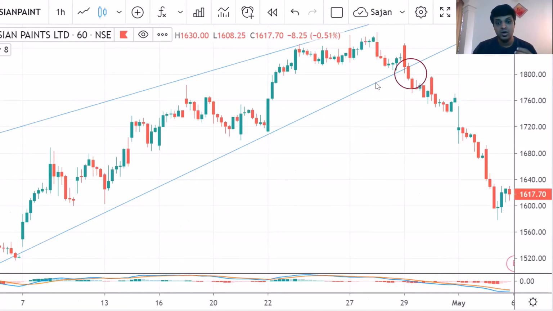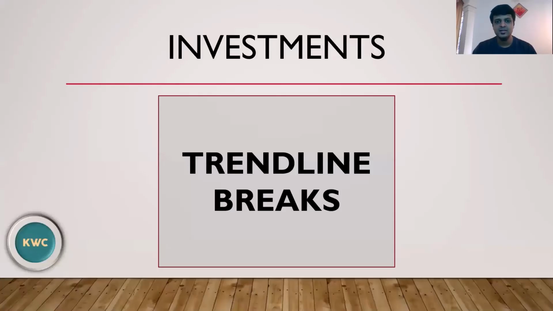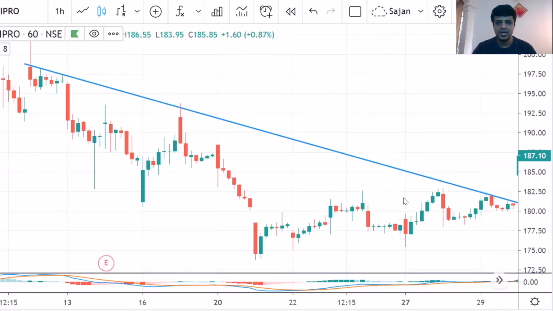So again, if you draw these channel patterns on your technical charts, you can make sure you can realize when you need to buy, when you need to sell, what price to enter, what price to exit. Right? Simple patterns. Okay. There's another thing called the trend line, and here what happens in the trend line is,